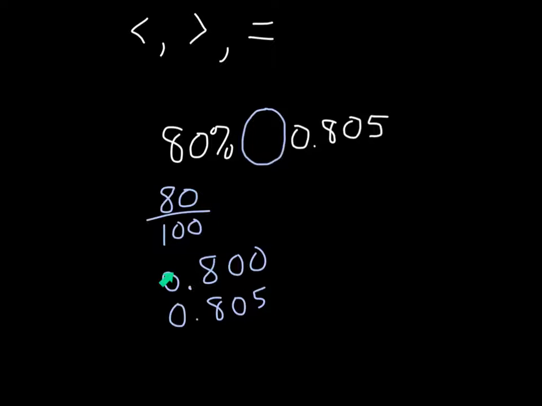I know that right here, those are the same value, so I go to the next place value. Those are the same, those are the same, and oh, here we go. This 5 is greater than this 0, so this 805 thousandths is larger, so I'm going to put the correct sign in there. So you can see in today's assignment that there's a lot of different ways that you can solve them,